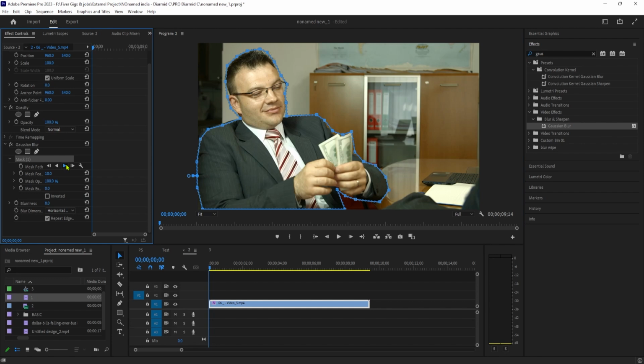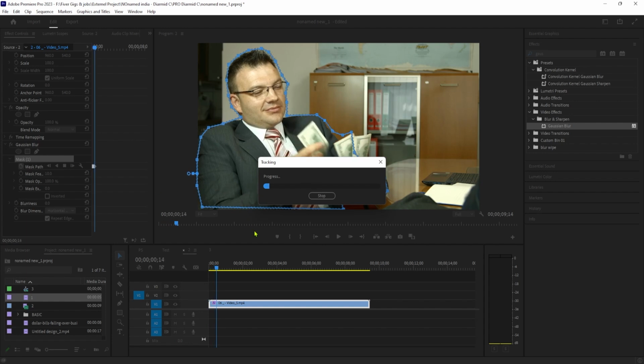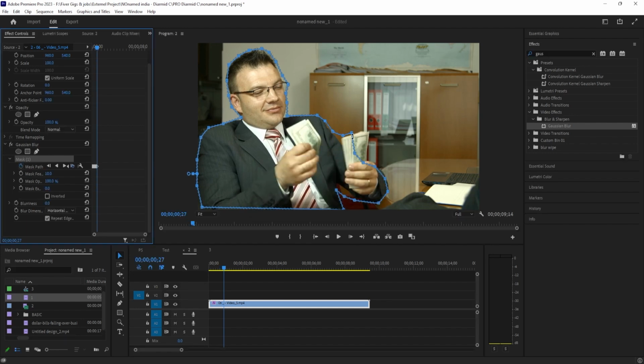Okay, this looks okay, but unfortunately it looks like my tracking messed up at a few points. To fix this, I'm going to position the playhead where the tracking first started messing up. Then you'll need to make some adjustments to your selection and hit the Track Forward button again to override the